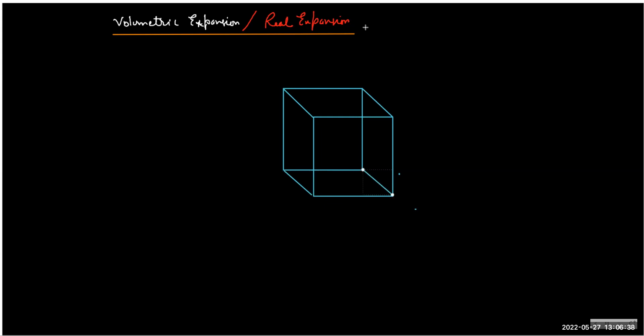So upon heating, even if you start with a cube or cuboid, let's call it cuboid. Upon heating, all dimensions will change differently if it is anisotropic. So if I call the ability to expand this way as alpha x, the ability to expand this way as alpha y, and the ability to expand this way as alpha z,